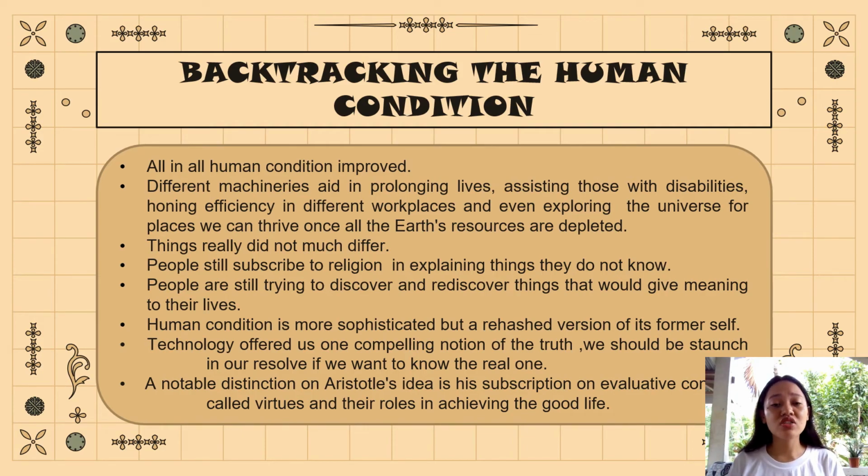nothing much has changed since then, and nothing will change in the times to come if we fail to shift our view elsewhere. It is true that technology offered us one compelling notion of the truth and good, but we should be committed in our resolve if we want to know the real one. So Aristotle has a conception of human flourishing that entertains the idea of holistic enrichment of a person situated in his society. A notable distinction in Aristotle's idea is his subscription to evaluative concepts called virtues and their roles in